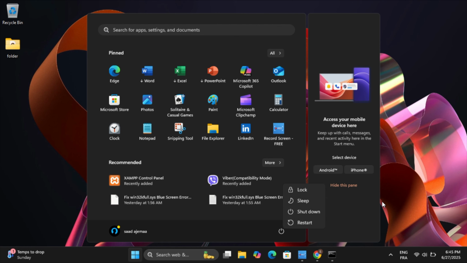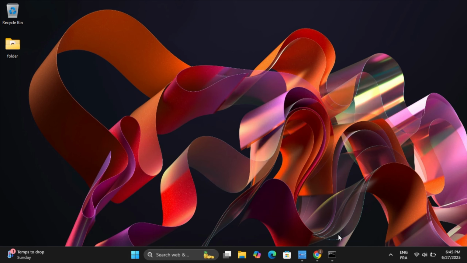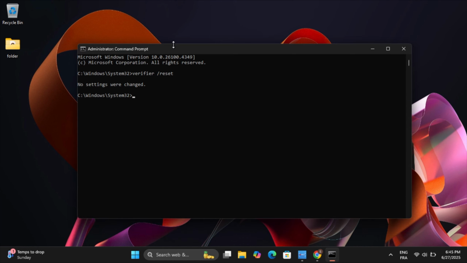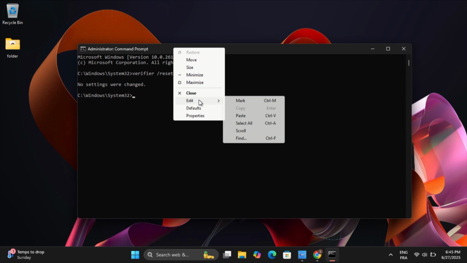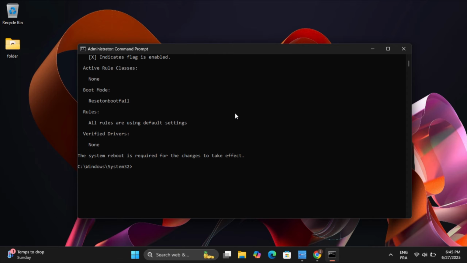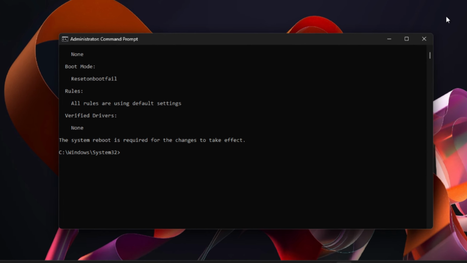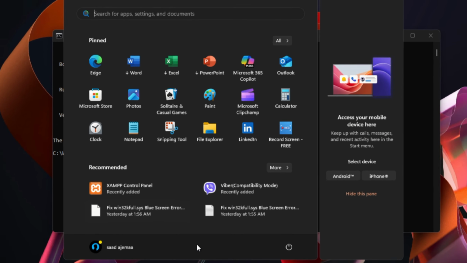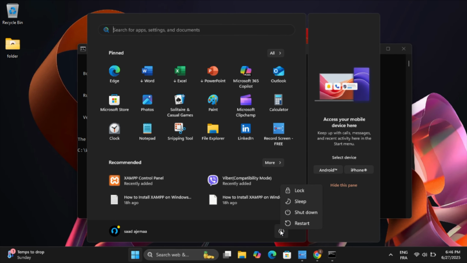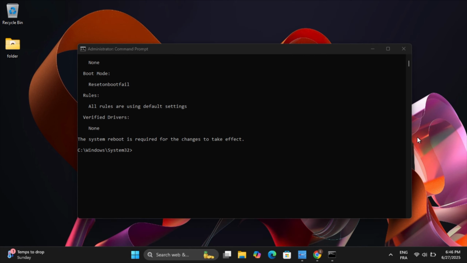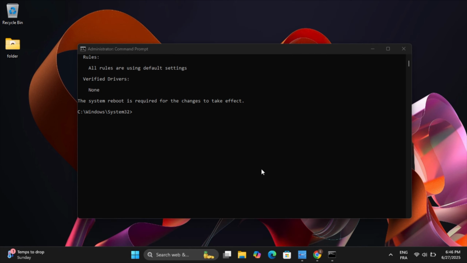Then go ahead, open up CMD again as Run as Administrator, then copy the second command, which will also be available in the description. As you can see right now, it says the system reboot is required for changes to take effect. So go ahead, restart your computer as I told you. And then after you restart your computer, go ahead, open up CMD again,